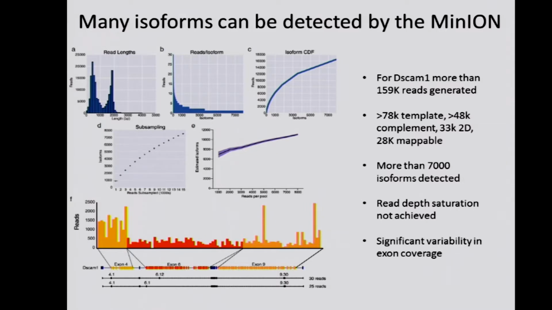They were able to generate more than 159,000 reads, which is quite a good number. It's not going to allow for transcript counting like you would expect on an Illumina device, but it does allow for isoform detection. There were about 78,000 template reads, 48,000 complement reads, and 33,000 2D reads, of which 28,000 were mappable. So we narrowed the usable data down to about 20,000 reads, which is disappointing, but not unusual for this instrument. They were able to detect more than 7,000 different isoforms, but they weren't able to achieve read depth